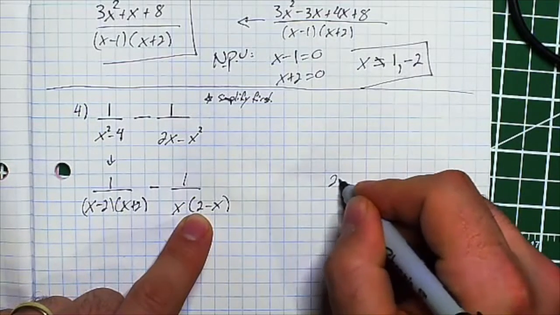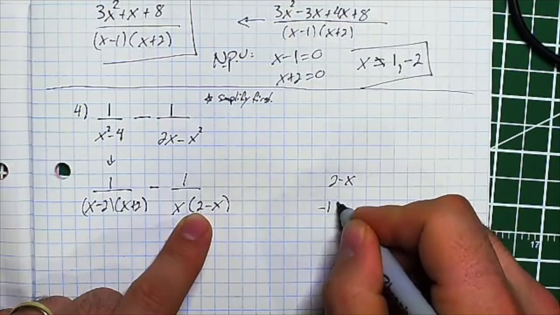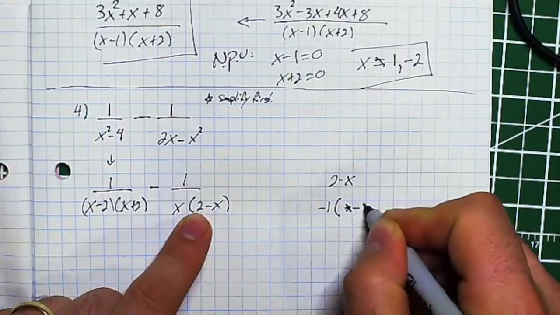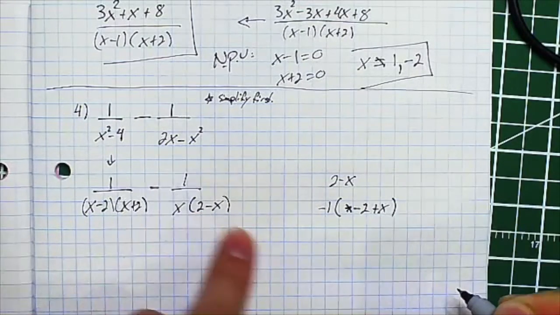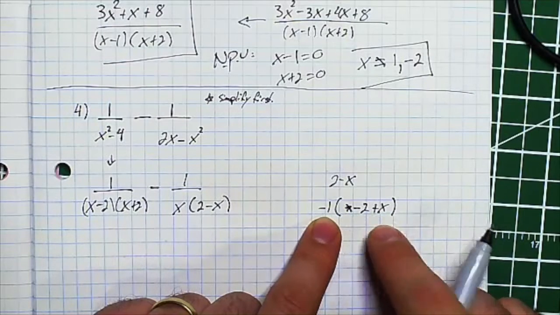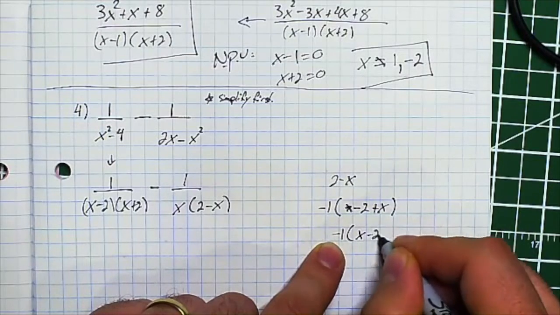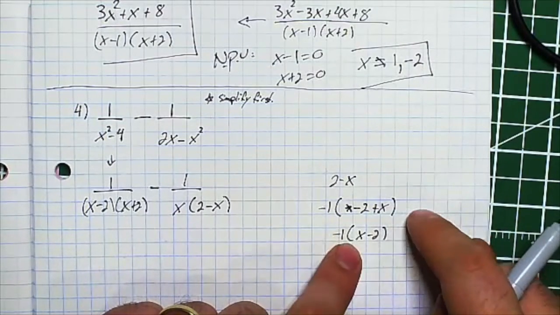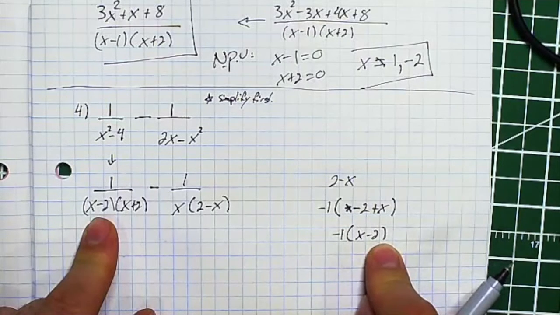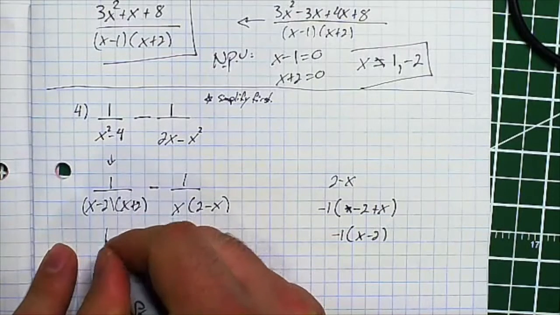When I have 2 minus x, I can pull out of that and factor out a negative 1. When I do that, I'm now left with a positive x, or really I'm left with negative 2 and positive x by pulling out a negative 1. If I then rearrange this, having still pulled out that negative 1, I'm left with x minus 2. These two are the same term. That and that are the same, which will make our life a lot easier later on. Because I've done that, when I rewrite this,